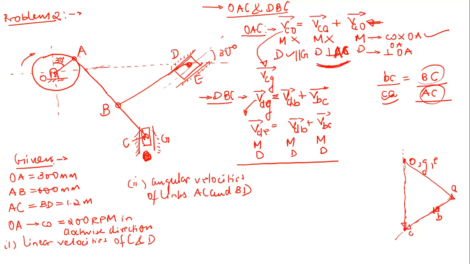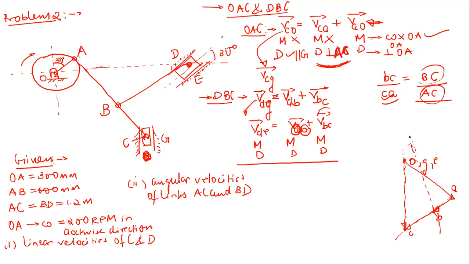Sir, then from O to B. No. Sir, from B, we will draw a line perpendicular to BD. Right, very good. So now see, this is very easy. Now we are interested to locate this point D, which is common to these two. Once the magnitude of one of the vectors is completely known, you can simply ignore that. Now through this point B, draw a line which is perpendicular to BD. So this is your BD somewhere going here, and now you draw a line through this perpendicular to BD.